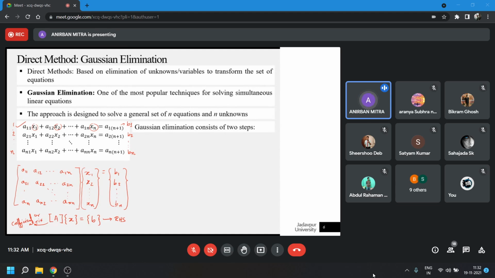This coefficient matrix, this M is not being written here. What is the problem? I don't know. Okay, so that's the coefficient matrix. This coefficient matrix here is n cross n.